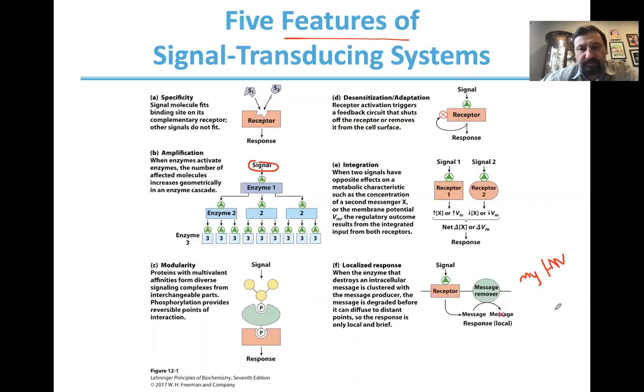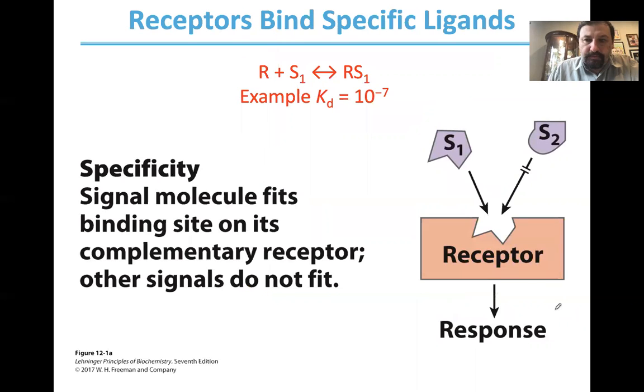All right, do you guys have any questions? So these are the main features of signal transducing systems. For specificity, here's just one example of one of these features. When a receptor binds to a particular substrate, let's say substrate 1, to form the receptor substrate complex,